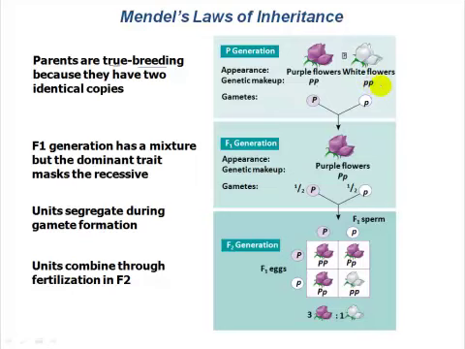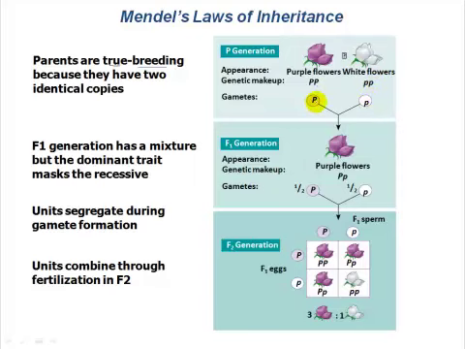and in this case the alleles are the ones that code for or specify the white flowered trait. So in gamete formation, we know that we go from the diploid state to the haploid state, and each gamete contains only 1 copy of each gene in the genome. So with respect to flower color, all of the gametes coming from the white flowered plant are going to have only 1 allele in each gamete, and that allele has to be the allele that codes for white flowers, because that's all this white flowered parent plant has to pass on.